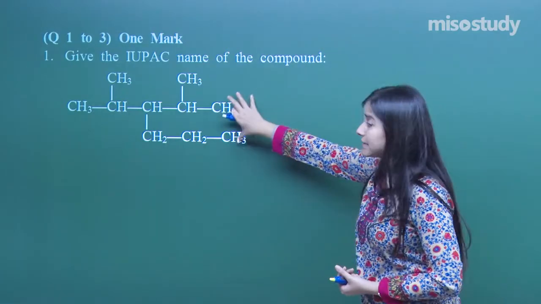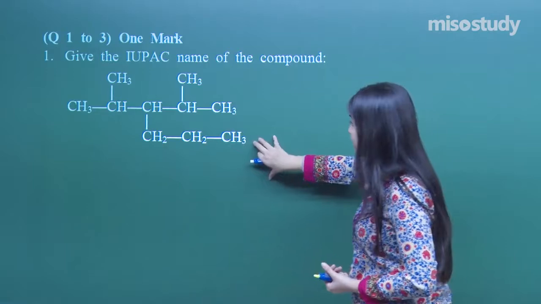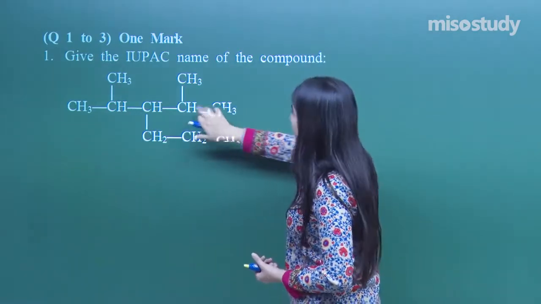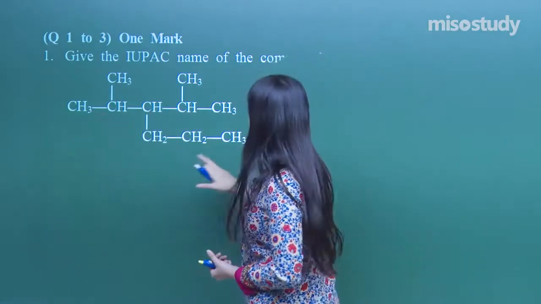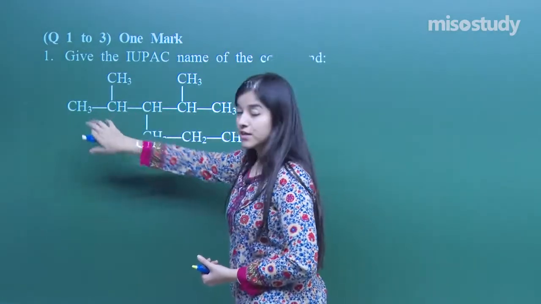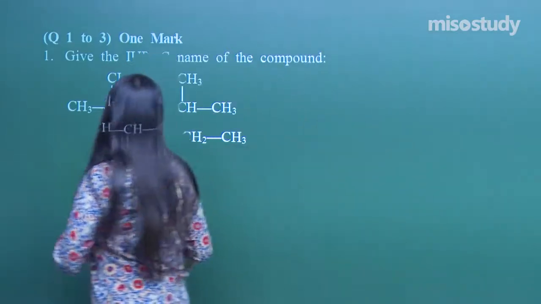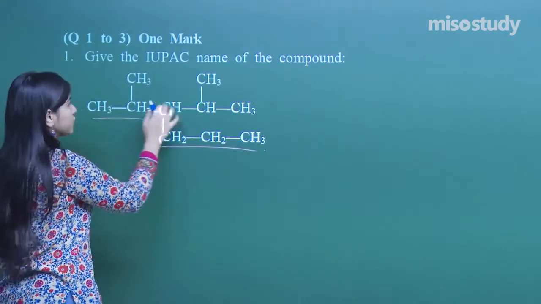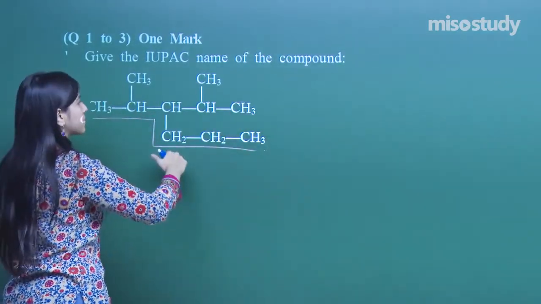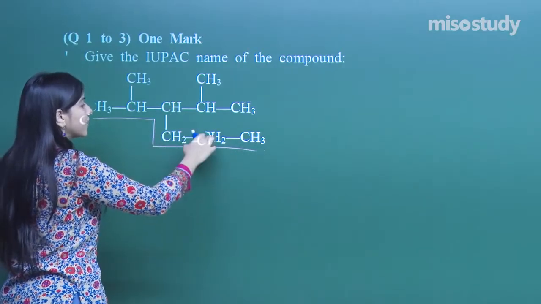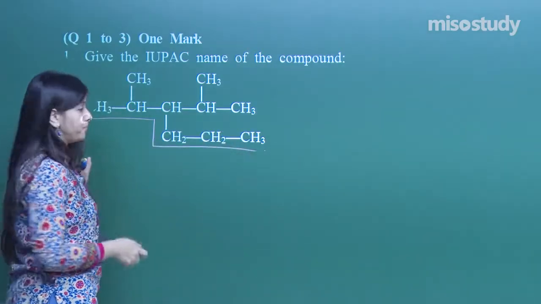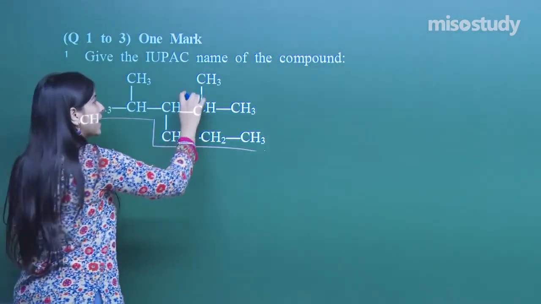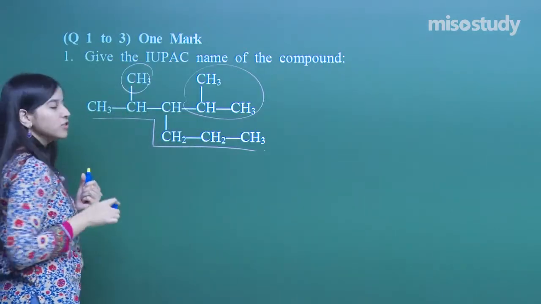Here is a typical question. See how you are going to do it. First of all, selecting the word root: 1, 2, 3, 4, 5, 6. You must be thinking that I can have this as my word root, yes, 1, 2, 3, 4, 5, 6, and in a similar manner 1, 2, 3, 4, 5, 6. But what do you see? If I select this as my word root, how many substituents? 1 and 2, 2 substituents.